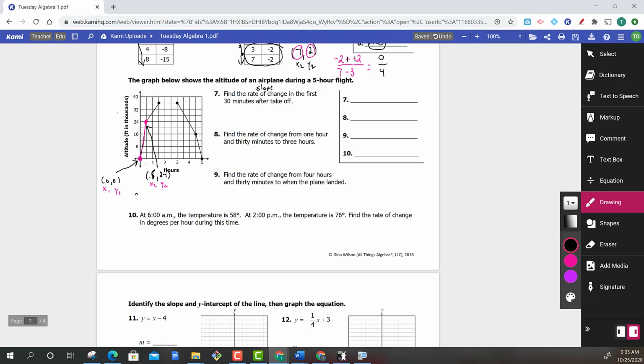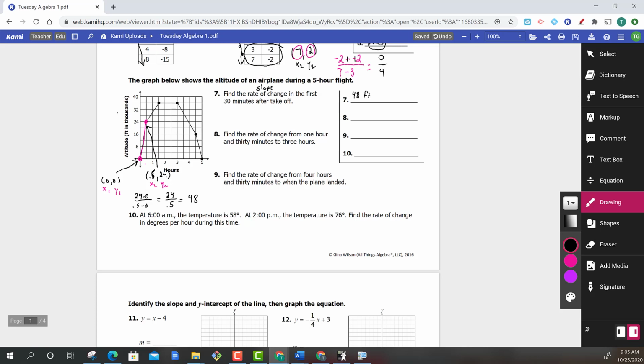And then just, again, y2 minus y1 over x2 minus x1. 24 divided by 0.5 is the same thing as 24 times 2. Takes 48 halves to divide evenly into 24. So the rate of change is 48